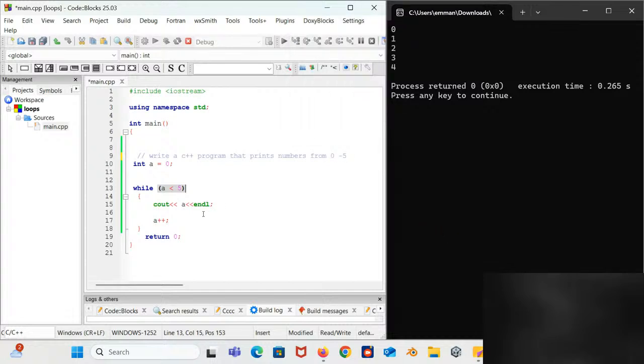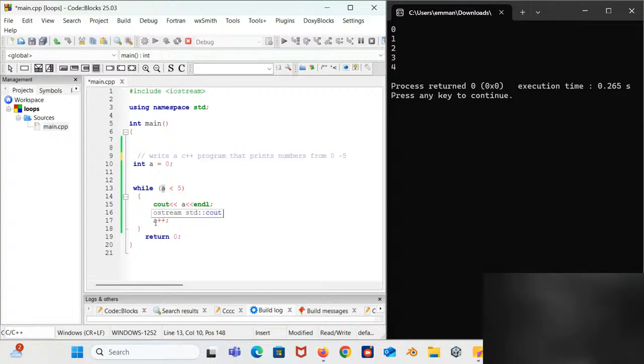All right, so let's come back here again. What is happening is that you have a value of A, which is equal to 0, initialized to be 0. So the while loop will say while A here is less than 5, what should happen? What should happen comes here, right? So you should see out the current value of A, and the current value of A is 0, right? So is this condition true? A here is 0, and we know that 0 is less than 5. So what happens? It sees out A. That is what we can see here. So it sees out 0.